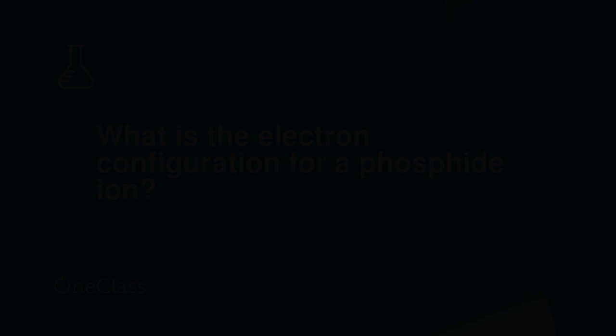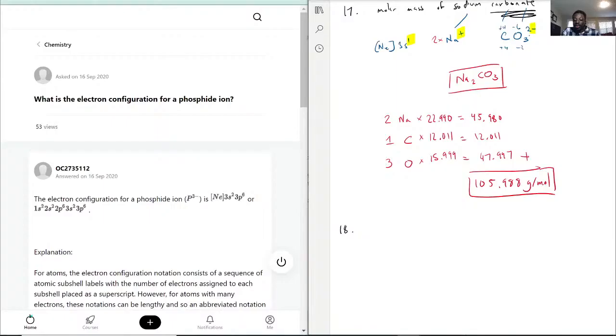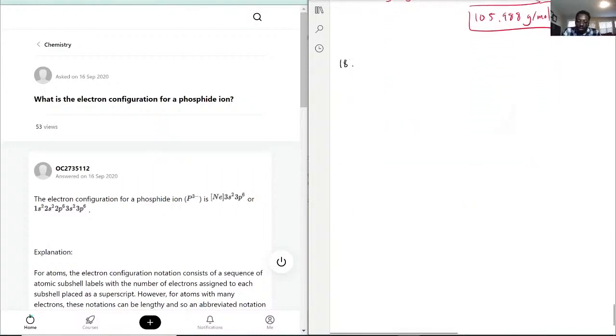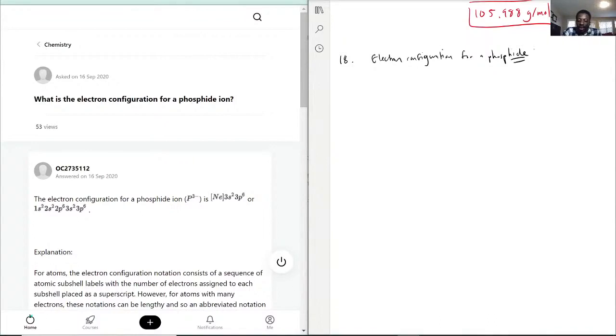Or it becomes easier for you to just refer to the periodic table, you know? So now this question is asking for the electron configuration for a phosphide ion. Okay, so now to answer this question, first I have to answer the question of what is a phosphide